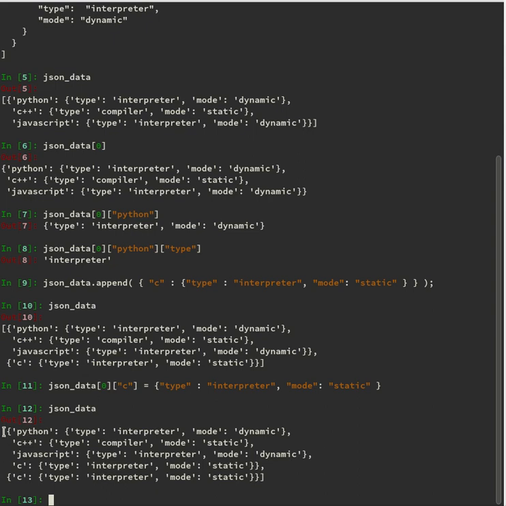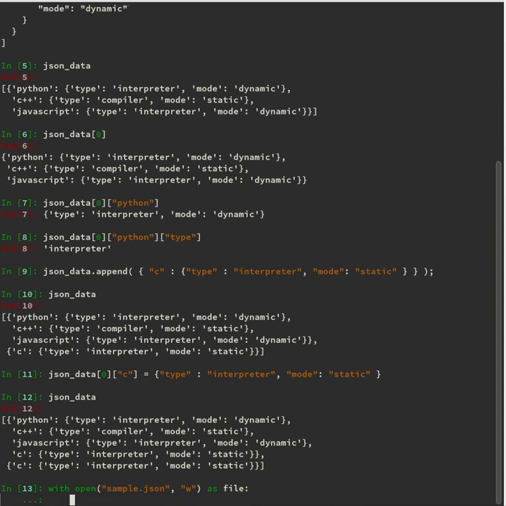Now let's dump this object into the file. Use the with context manager again, and open the file sample.json in write mode as file. Now what we have to do is json.dump. We want to dump the json_data variable, whatever is inside of it, to the file sample.json.